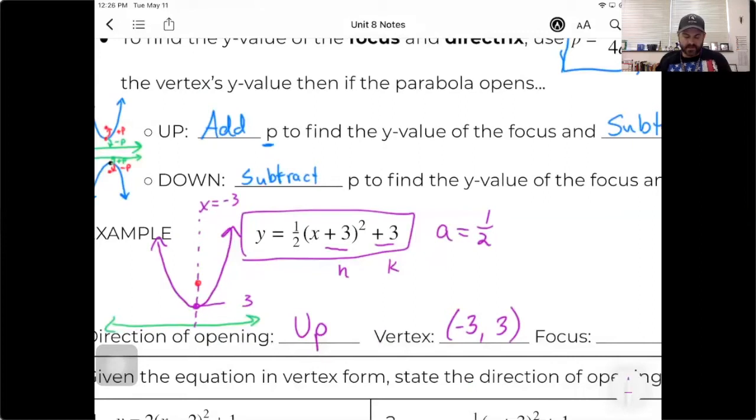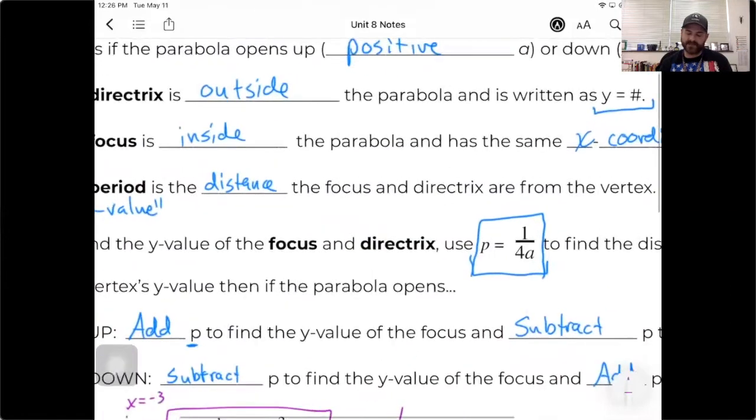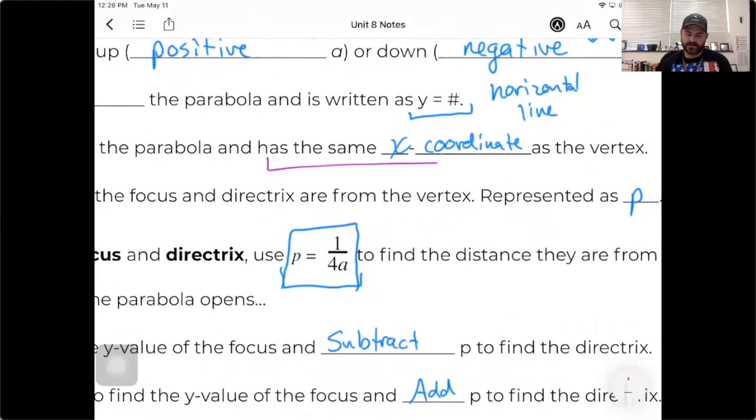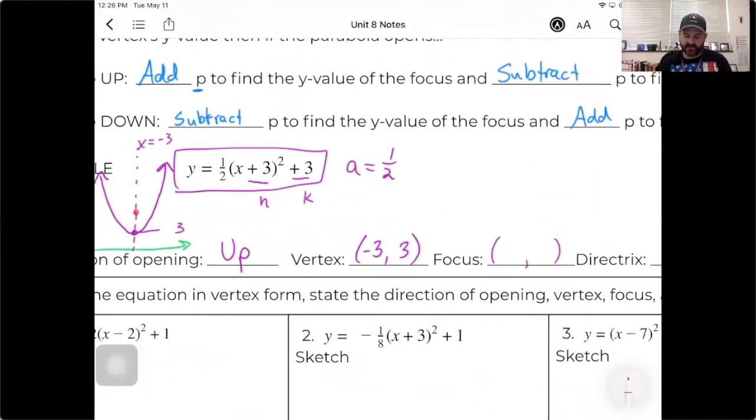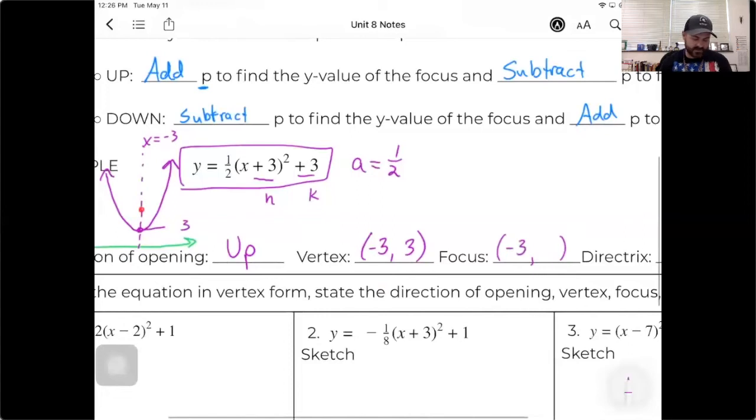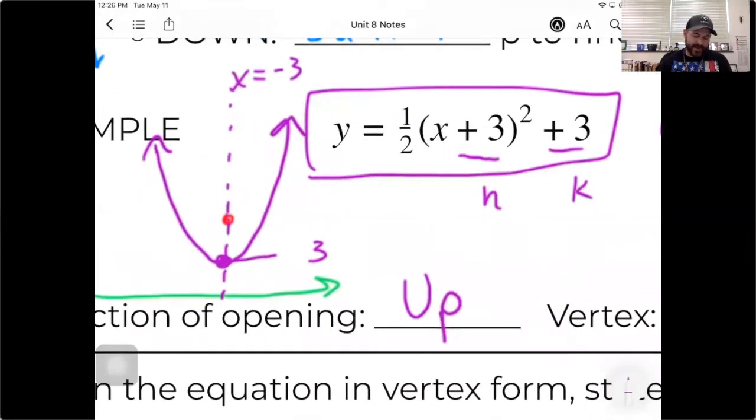Okay, so now we've got to find the coordinates of the focus and the equation for the directrix. Remember, coordinates of the focus are an ordered pair, x comma y. Remember, the focus has the same x coordinate as the vertex. So since my vertex has an x coordinate of -3, my focus has an x coordinate of -3 because it's lined up on the same vertical line. But to find the y value of that focus, I've got to figure out how much I'm adding to this y value 3 to go up to that focus point. And so we do that using